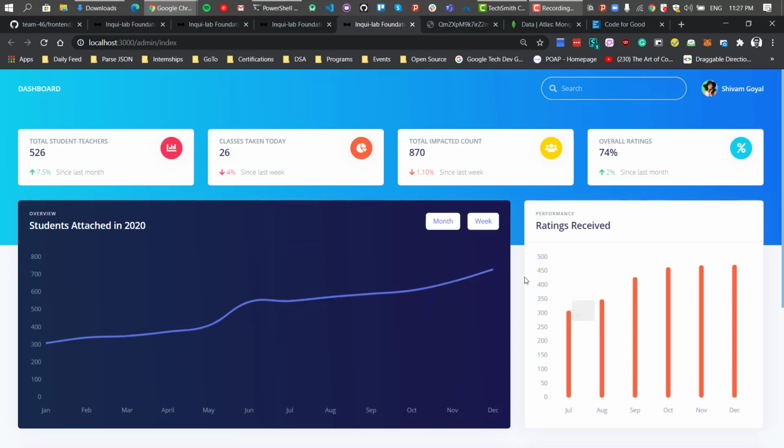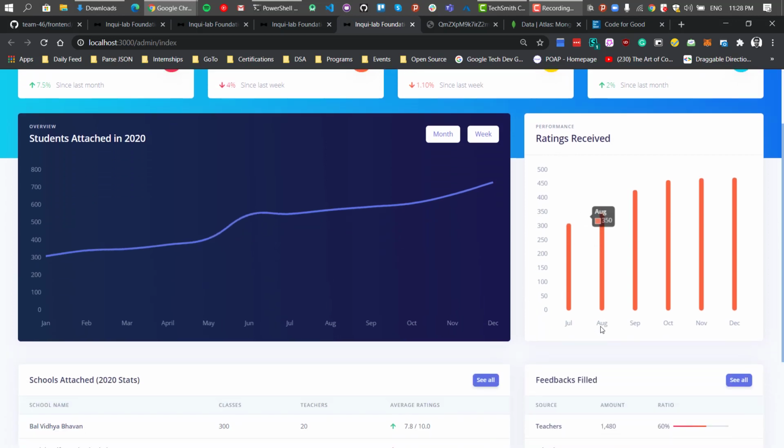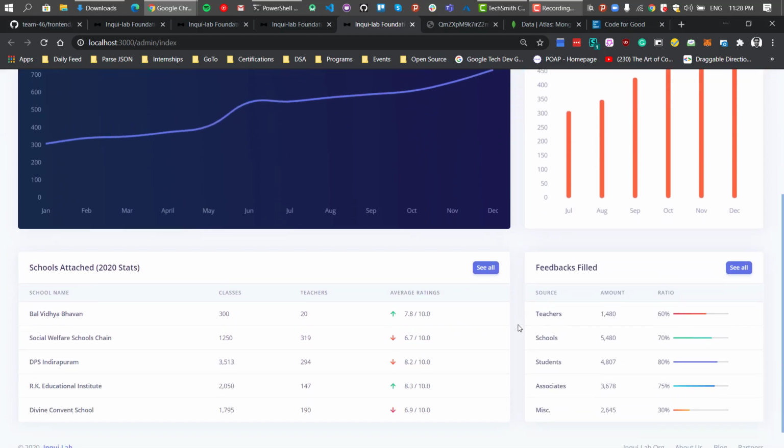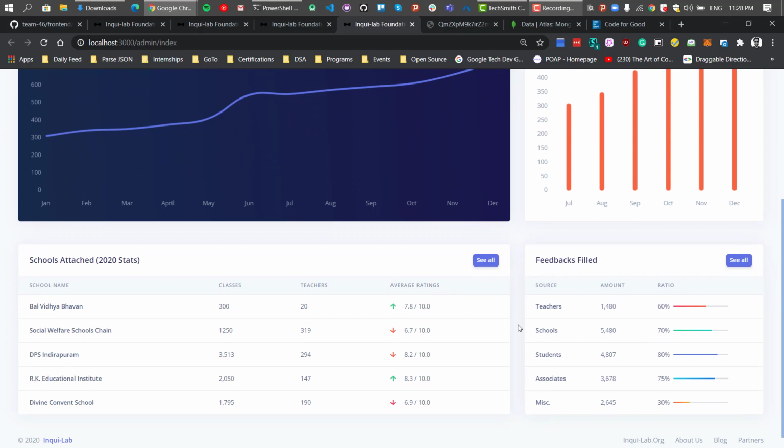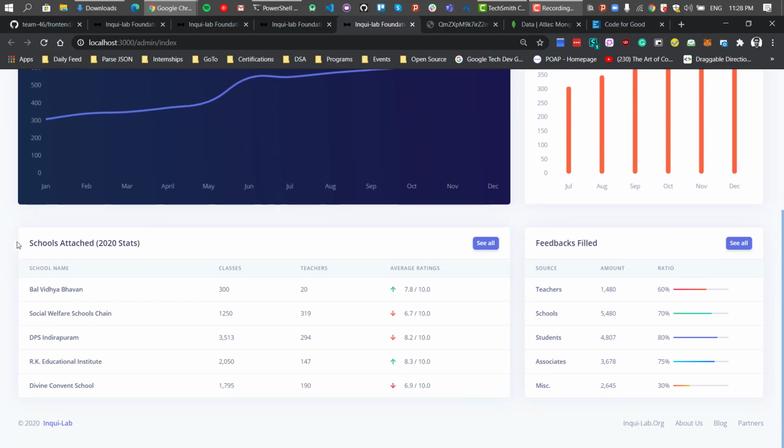We have fabricated some synthetic data, as the real data was not available. So the student count in 2020, ratings received, all of those, we try to make out and plot on graphs. There are obviously various visualizations that can be done easily. We try to reach out at a school-attached level as well, so the number of schools attached in 2020 or something like that, and the feedback forms that were filled in total.